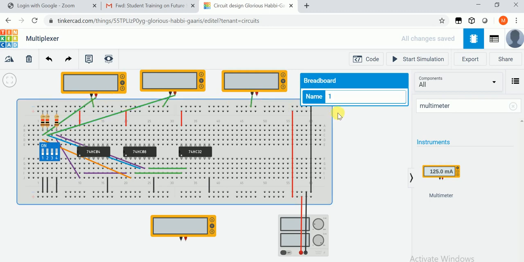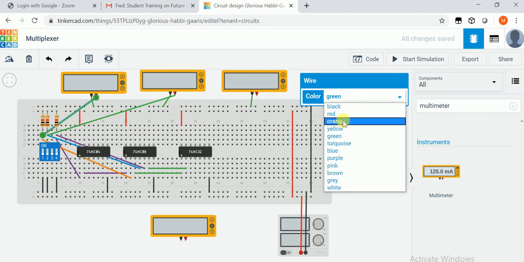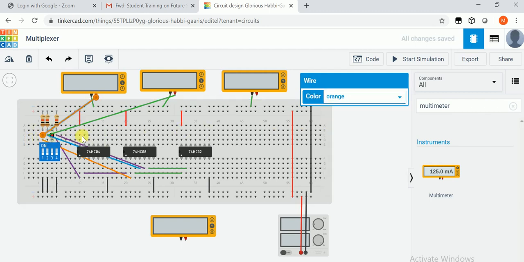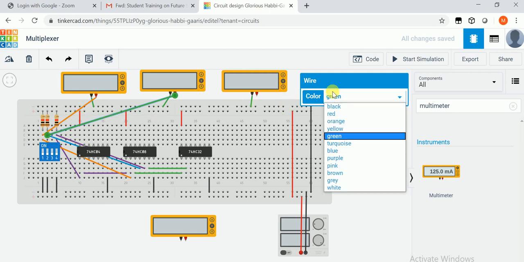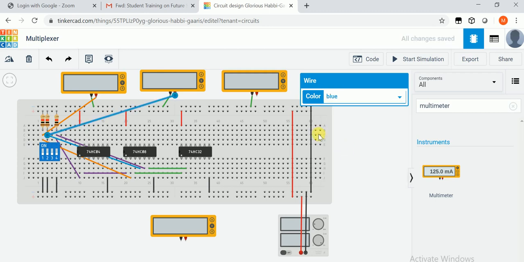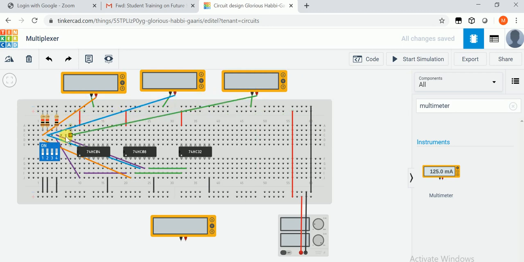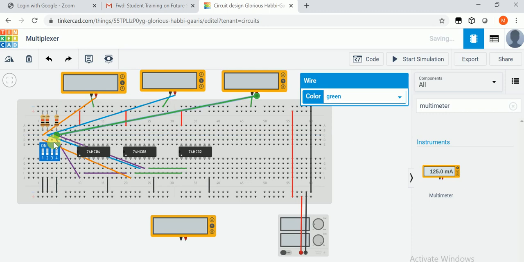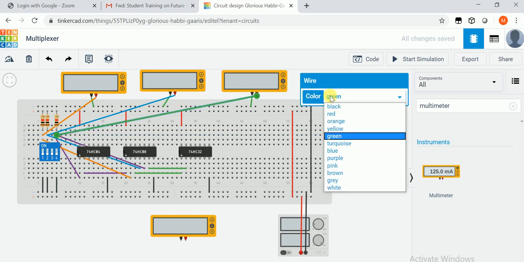Make it red, make it orange. The second line should be blue so that we can discriminate between them. The third one is for the selection line, and this should be connected to the fourth pin. And this should be purple.